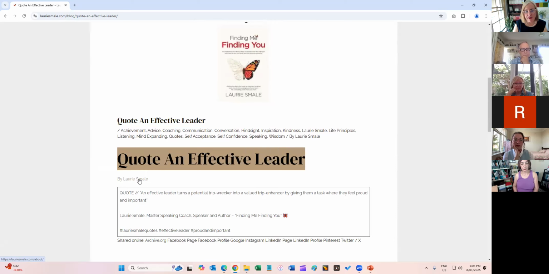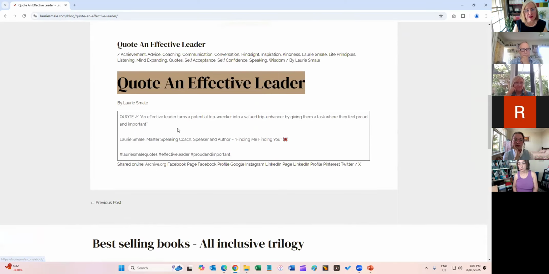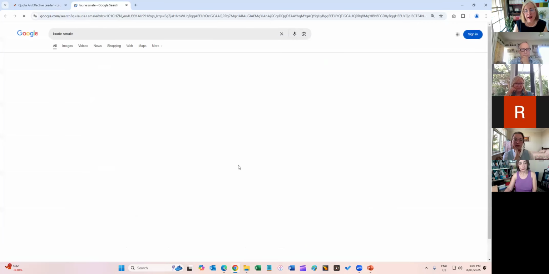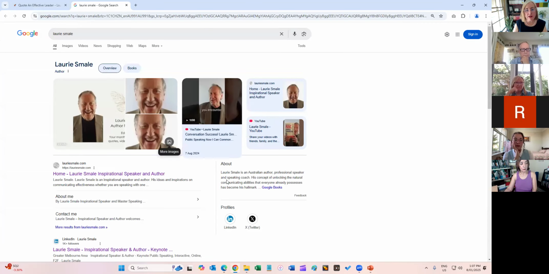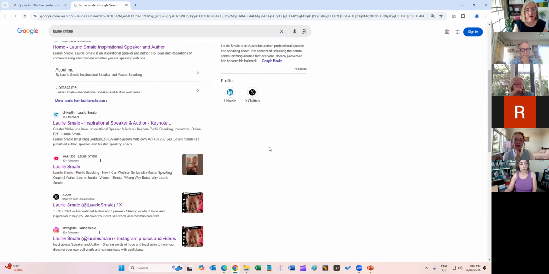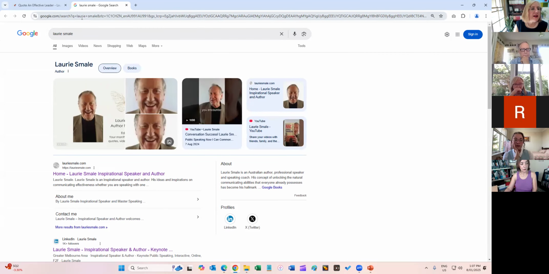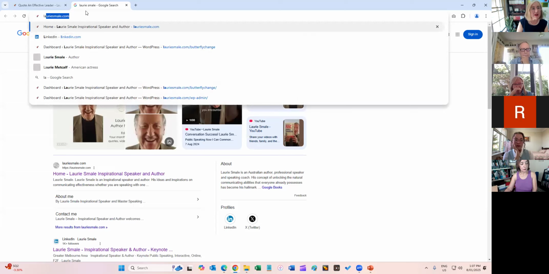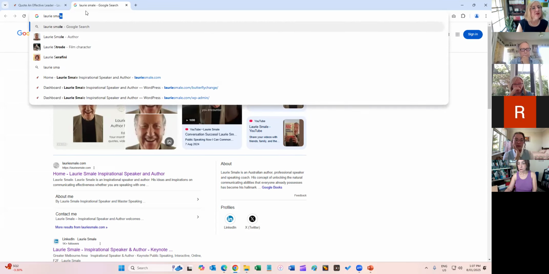Then we've got by Laurie Smart, which links to his about page. There's his little quote. And then we share it online on archive.org, Facebook, Google. So if we click on that link, it'll show you his little Google profile. Now that's not showing quite correctly. We just might have to check that, Laurie.